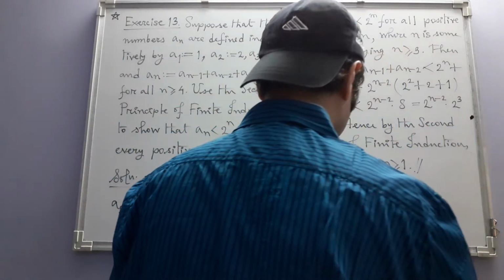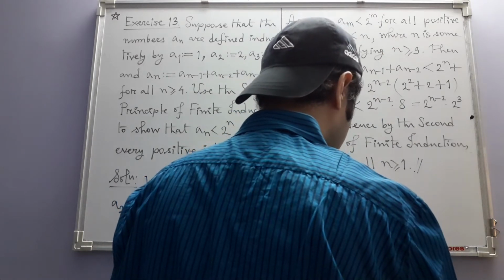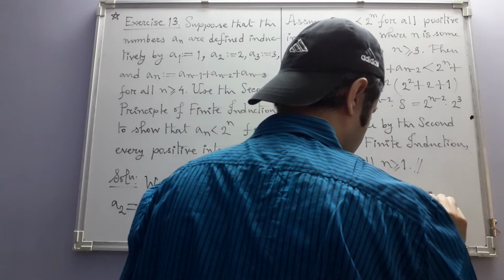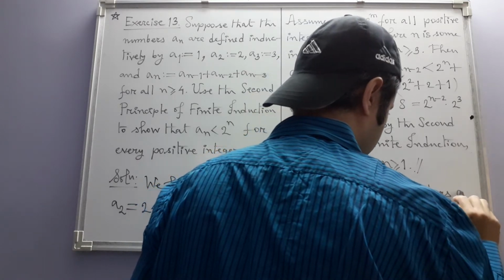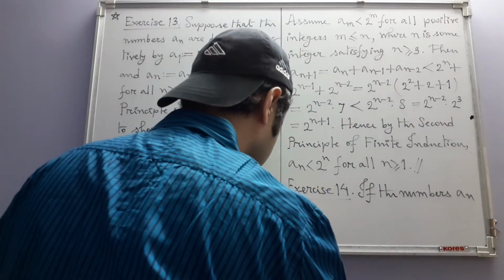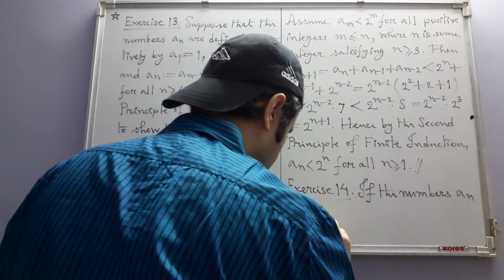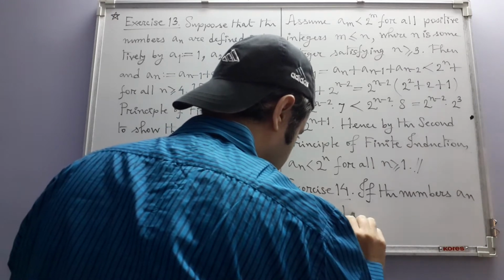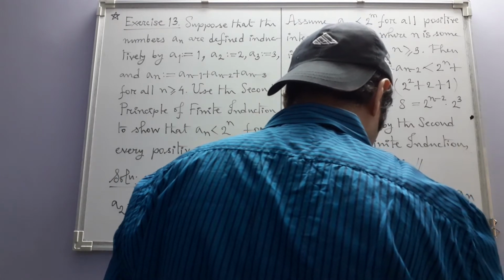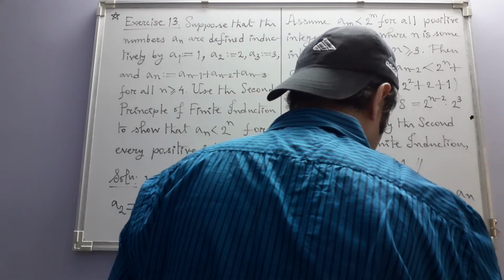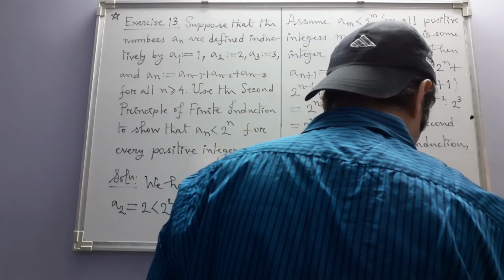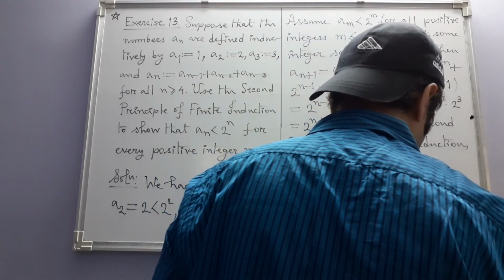If the numbers an, another similar one, if the numbers an are defined by a1 equal to 11, a2 equal to 21,